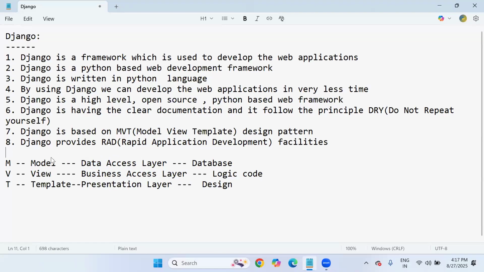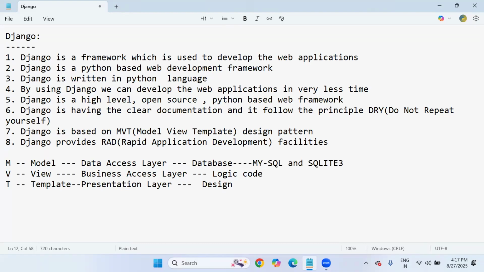Data access layer means model, business access layer means view, presentation layer means template. Template means HTML.